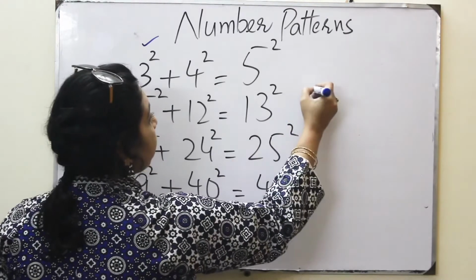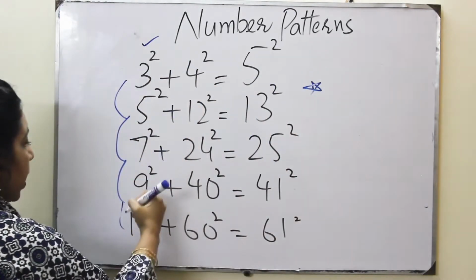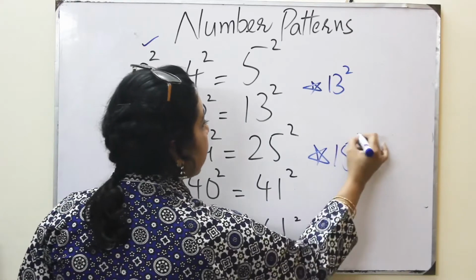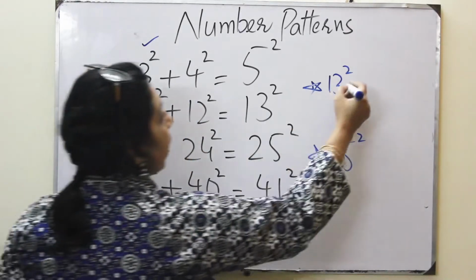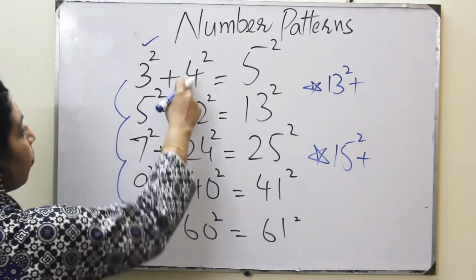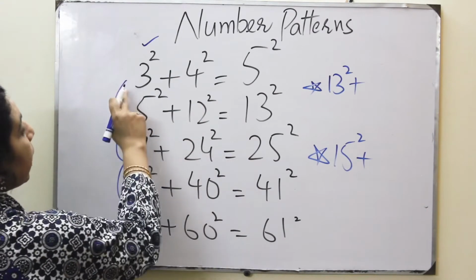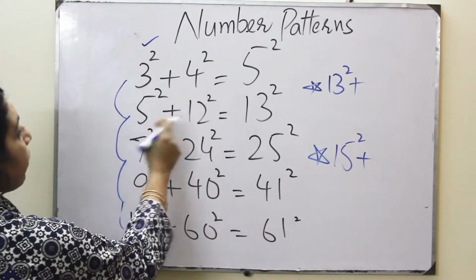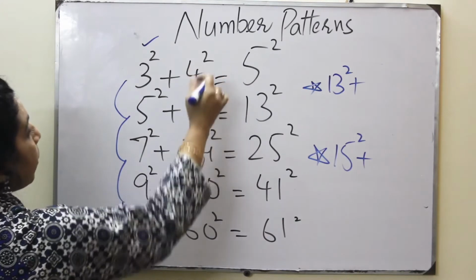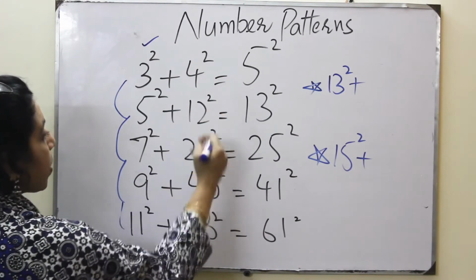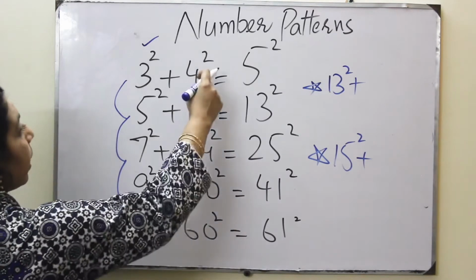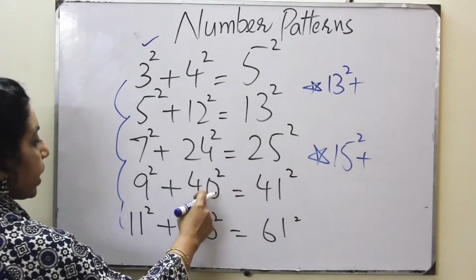The next term will be 13 square, and in the next term we shall have 15 square, right? Then definitely we have the sign of plus. Here we have the gap of 8, 4 plus 8 is 12. We cannot take it like 3 plus 1 is 4 and 5 plus, there should be 6 here, if we have to take the gap of 1. So this is 4 plus 8 is 12, 12 plus 12 is 24, 24 plus 16, and then 20, a gap of 8, 12, 16 and 20.